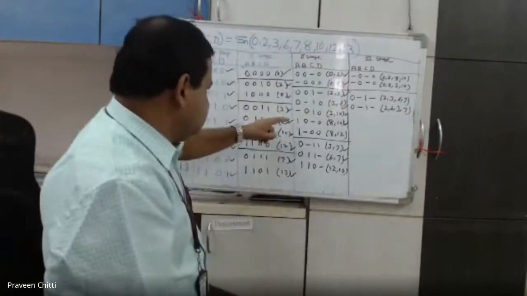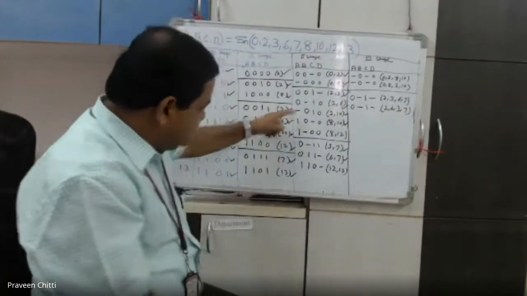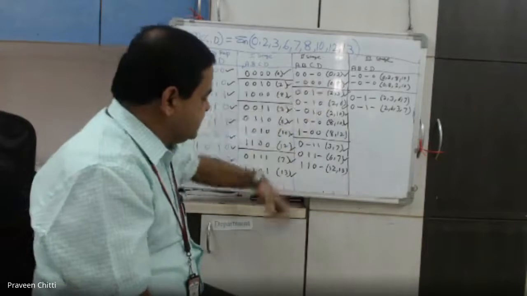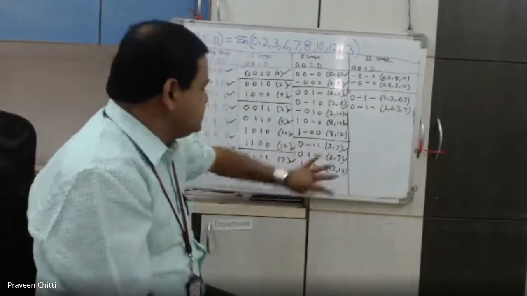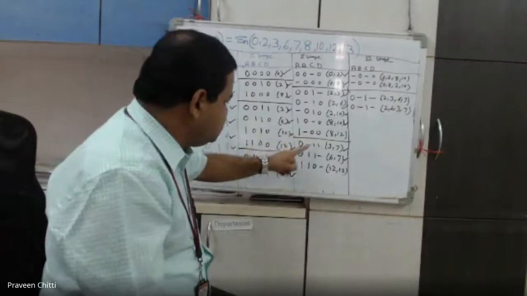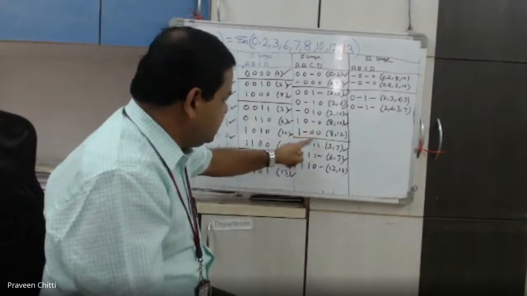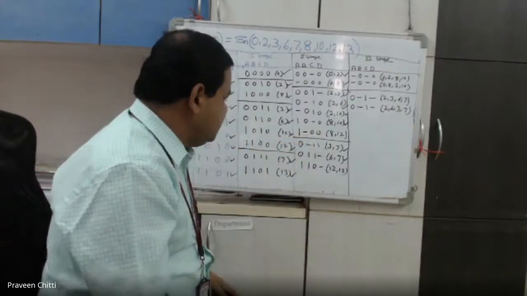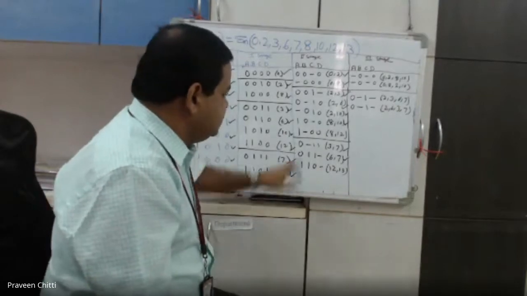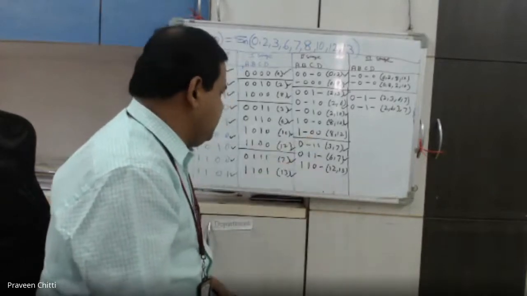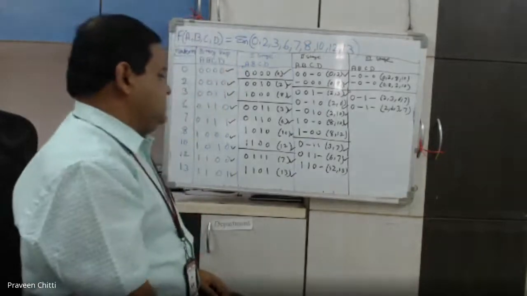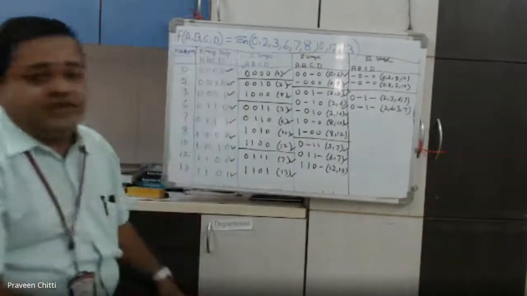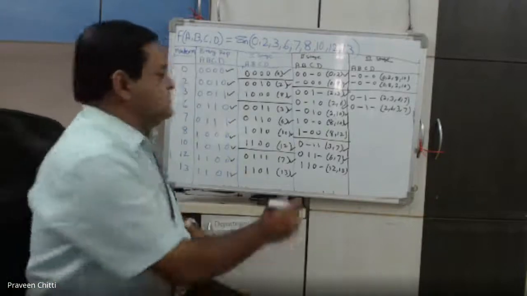Next, check this. This has a dash, here no dash is there, so this cannot be checked with anything else. Here dash is there, but here no dash, so this also cannot be checked. Now here dash is there, here dash is there, but here both the bits are differing, so we can't combine that with anything, right? That is how we got the second stage,